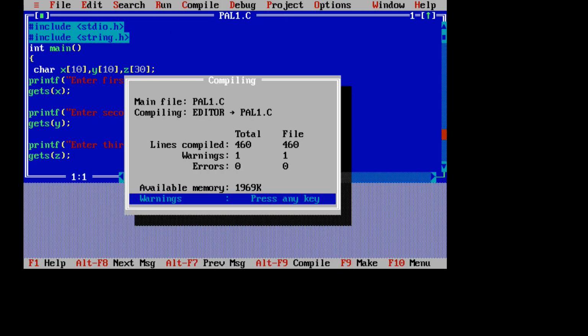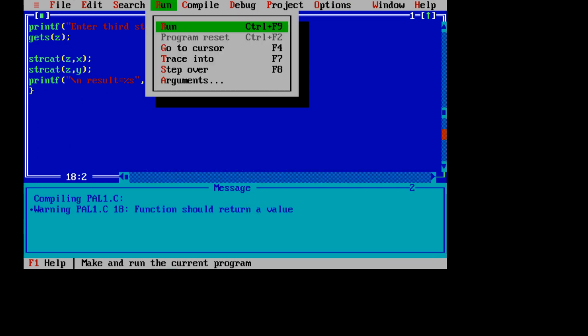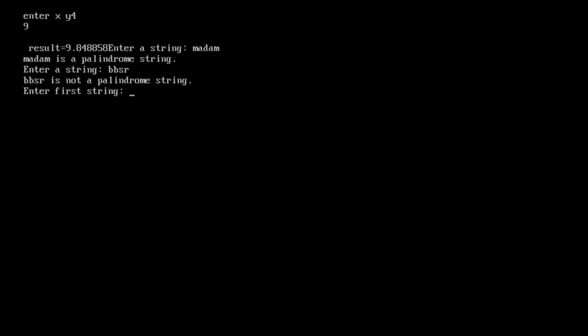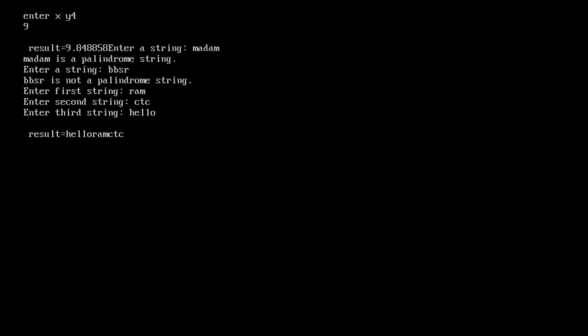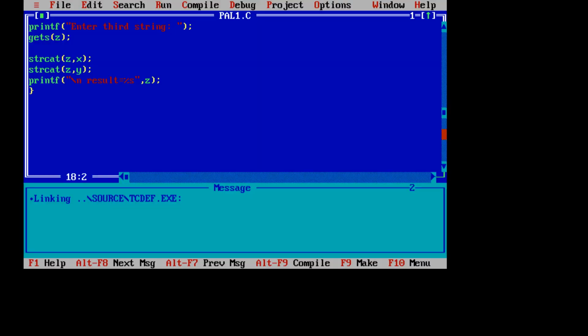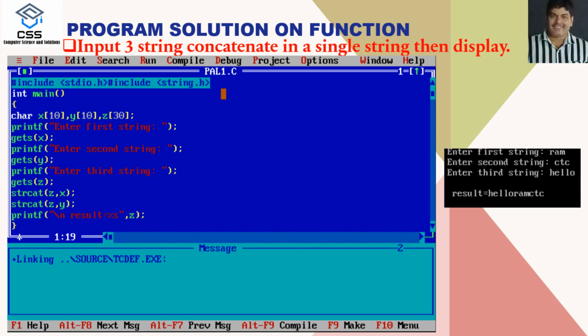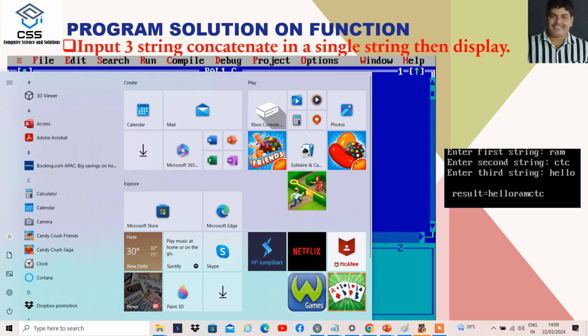I run the program. Suppose I have given RAM, CTC and hello. The result will be hello, RAM and CTC. The string is merged. Then move to the last program. The last program was